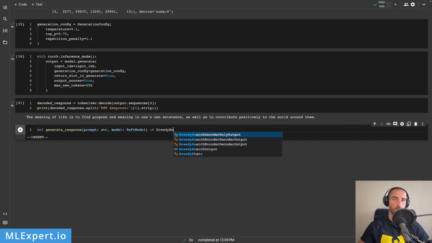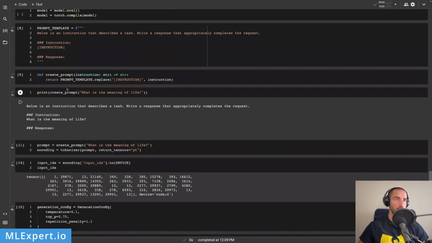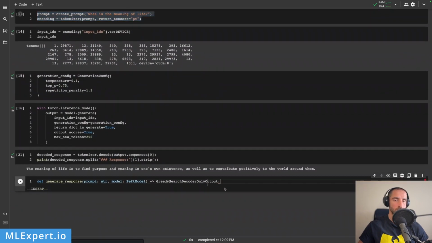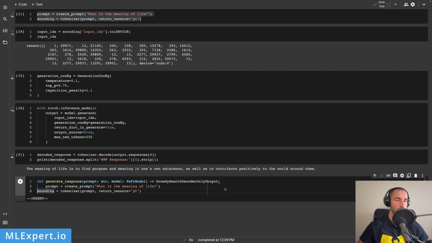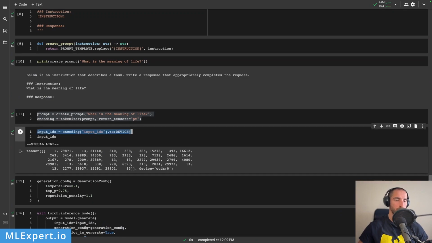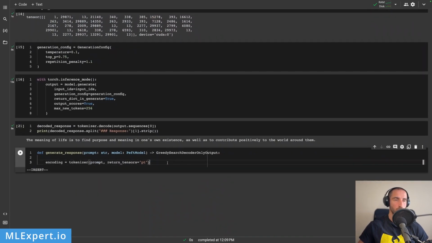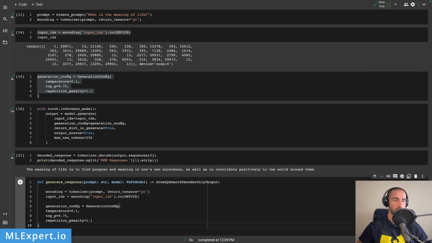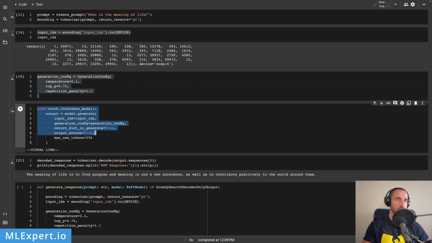Let's see if the autocomplete is smart enough for this. It looks like it is. So I'm going to take this part, and then I'm going to take the input IDs, put it here, get the generation config as well, and then the inference mode,